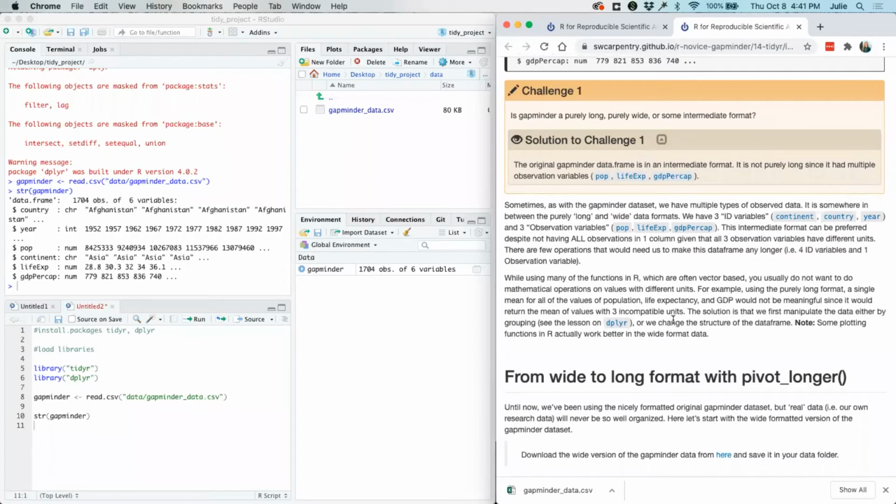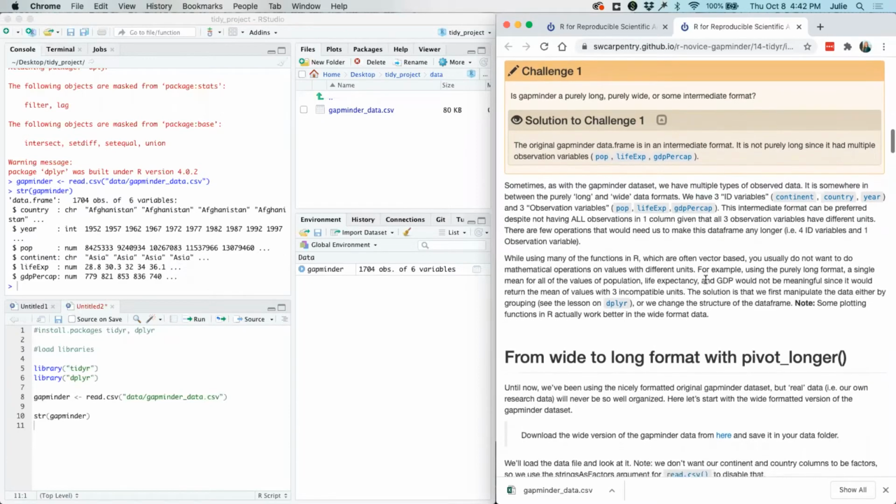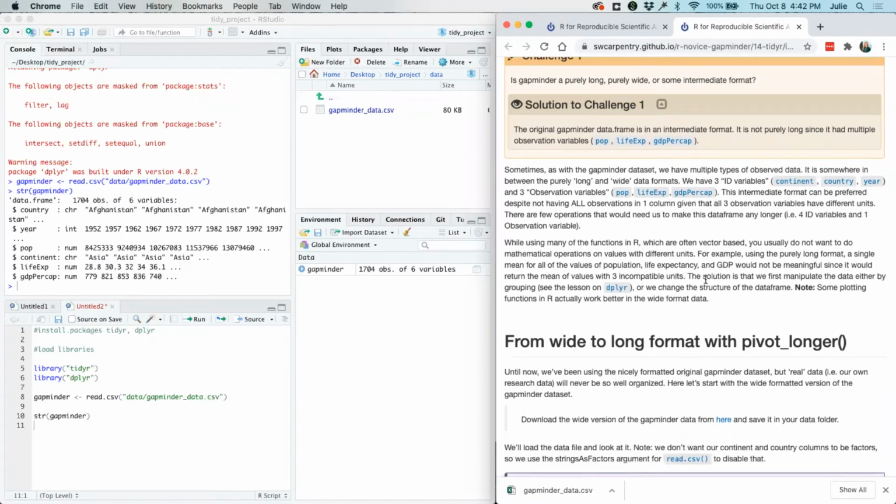This intermediate format can be preferred, despite not having all our observations in one column, given that those 3 observation variables, the population, life expectancy, and GDP, all have different units. And there are few operations that would need us to make this data frame any longer.